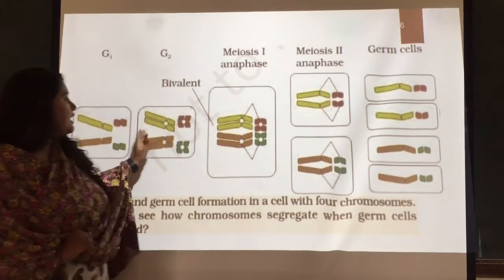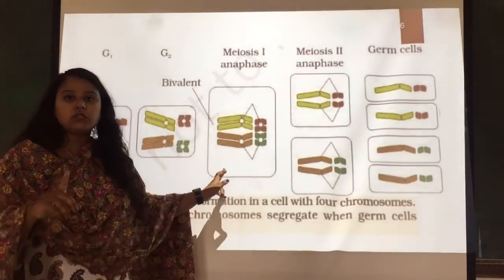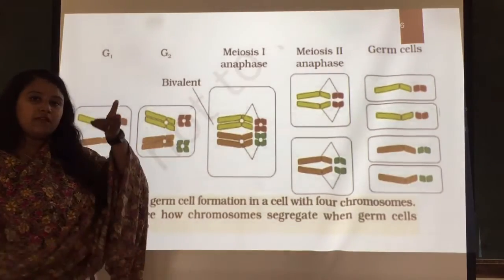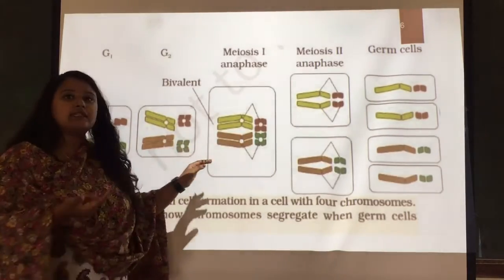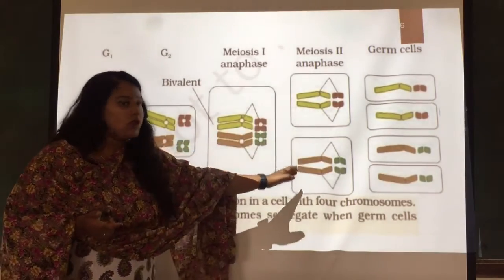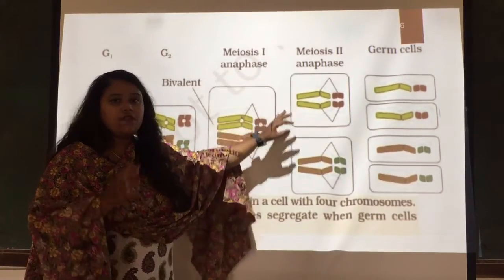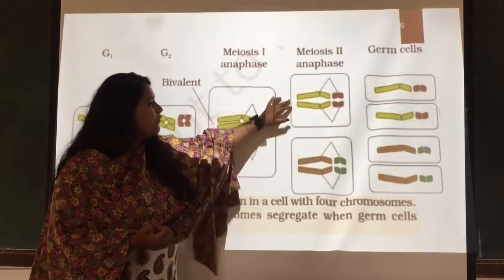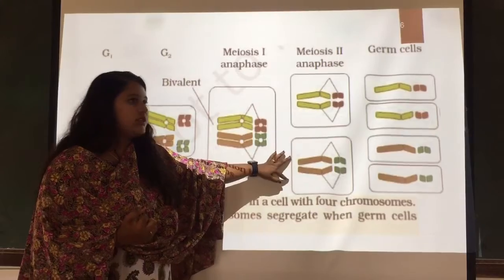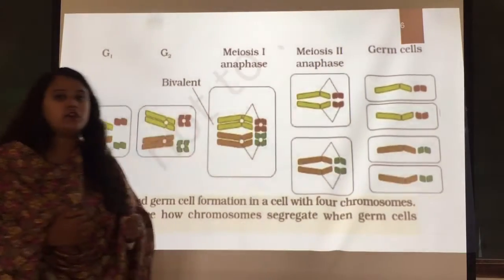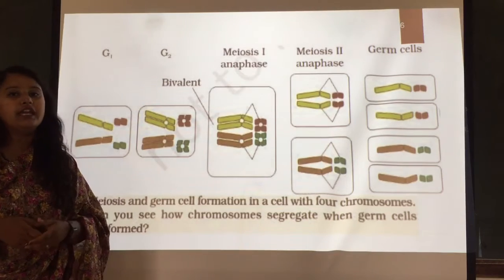They segregate by first going into the G2 phase, then they enter into meiosis 1, and in anaphase 1 they separate from each other. That is, the pairs get separated, and then they enter into meiosis 2. When they enter into meiosis 2, what happens? Again in the anaphase, they go to the poles and therefore divide into 2. One cell divides into 2, the second cell divides into 2, and they form the 4 different germ cells. So this is nothing but the chromosomal theory of inheritance.